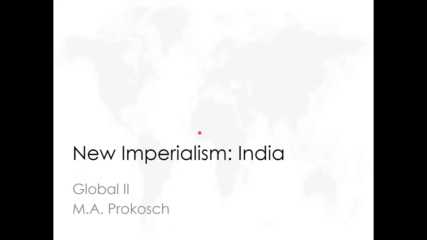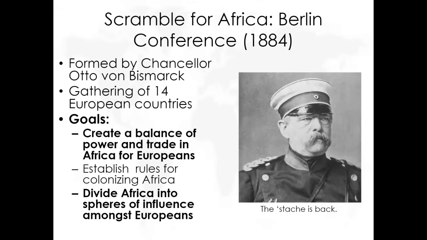All right, so really, really important moment in the colonization of Africa is the Berlin Conference. So I just covered the causes and the justification of European colonialism in Africa. This is how they actually decide which European country gets which part of Africa. So Berlin Conference, 1884, led by now the German Chancellor, Otto von Bismarck's back. He is basically going to help decide, all right, Germany gets this part, France gets this part of Africa, Britain gets this part.